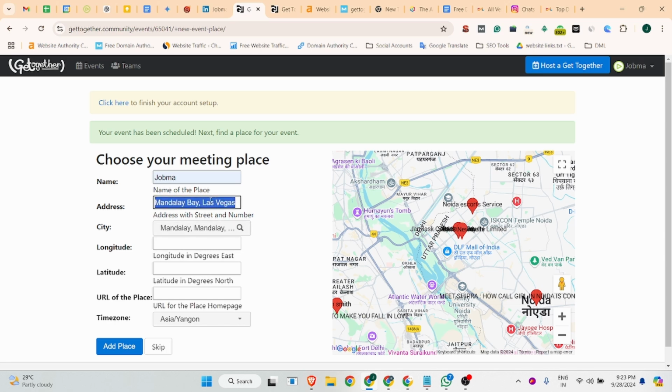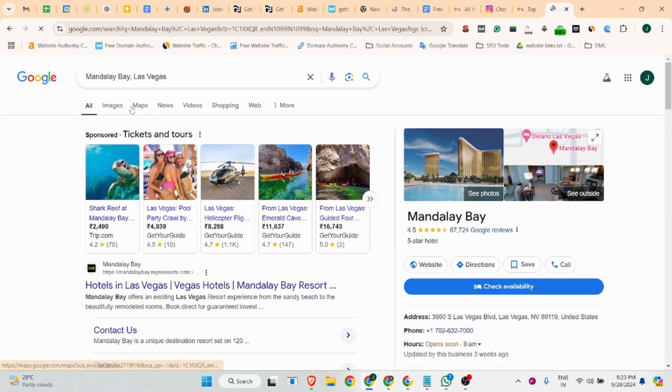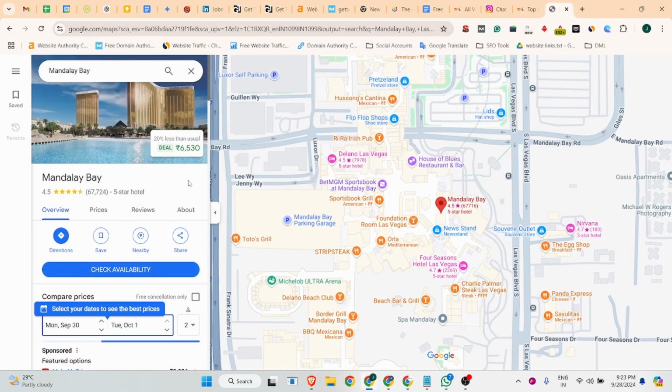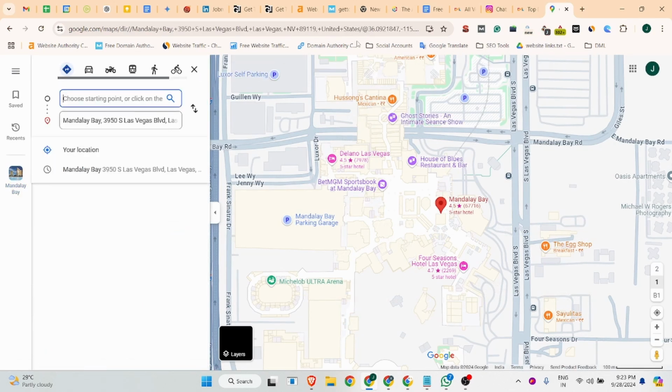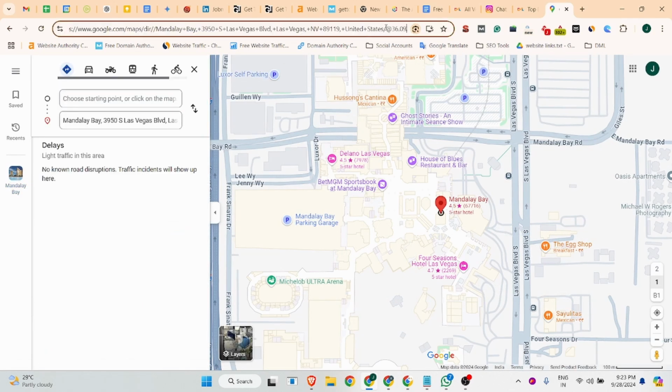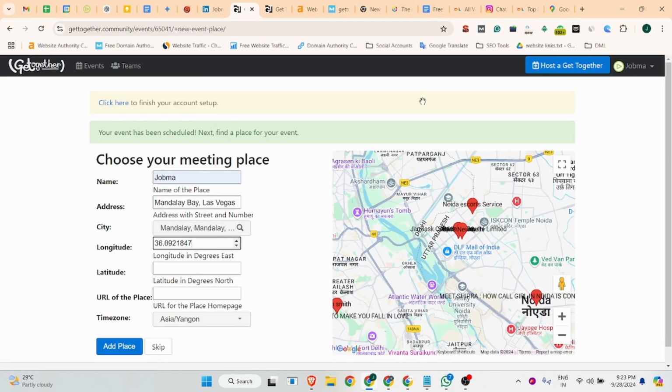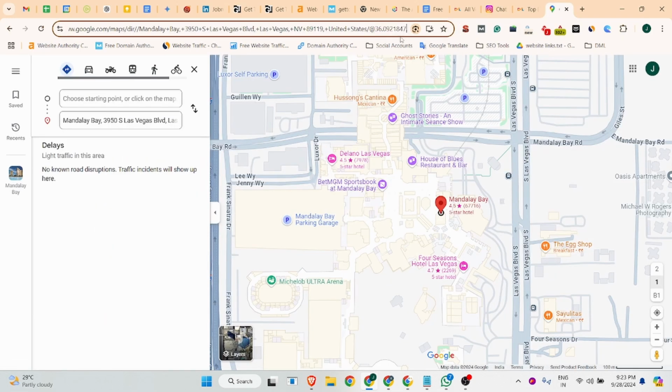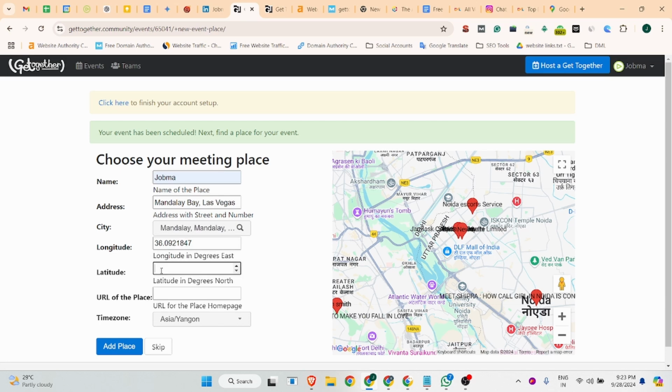For now I don't have a latitude, so you can search for it. Suppose you click on your address and click on the map button, and from there you can find your latitude and longitude. So this is a latitude and after that this is a longitude. Okay, so we can use this. You can put it over there.